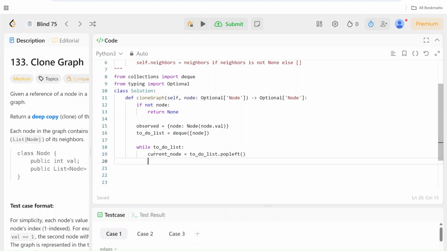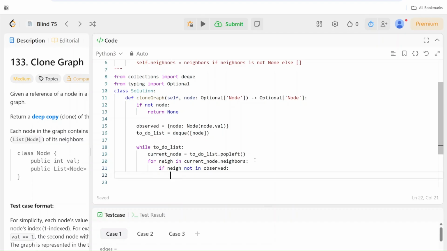That's what we are traversing, and we have to find its neighbors and edges and create them in our cloned graph. So we just have got our node that we are traversing in the original graph. Now we have to find its neighbors. The neighbors of this current node are defined by current node dot neighbors. To access each one of them, because there could be a list of neighbors, we say for neighbor in current node dot neighbors. For each neighbor, we first have to check if this neighbor already exists in observed or not. That is, if we have cloned it already or not. So we are going to check if neighbor not in observed.